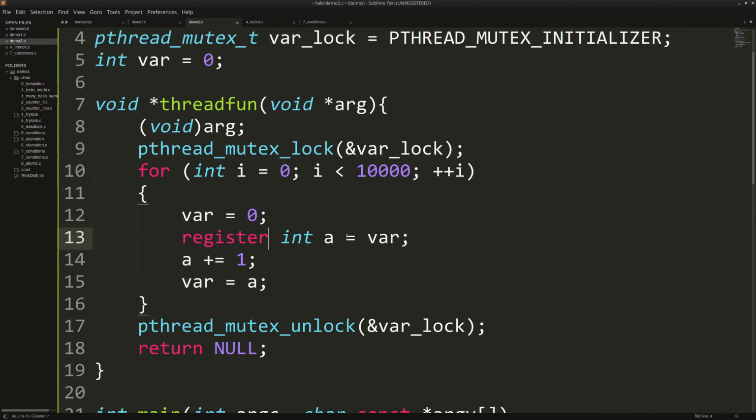So now there are two threads running on 2 cores, and both have the internal number 0. They both add 1, so both threads now contain the number 1. Then both at the same time write the variable back. Thread number 1 writes var equals 1, and thread number 2 writes var equals 1.